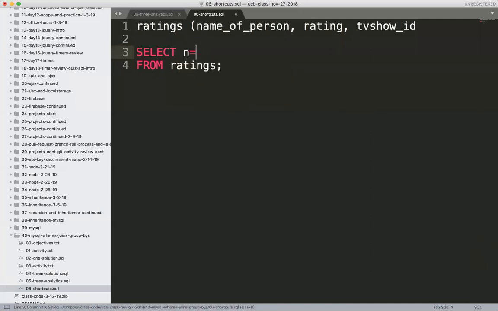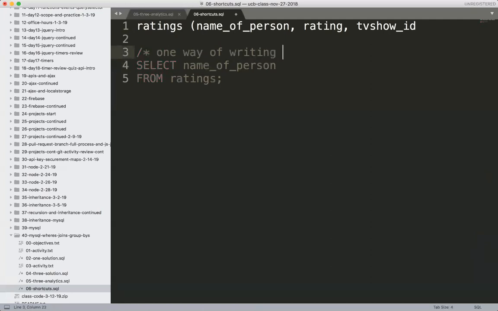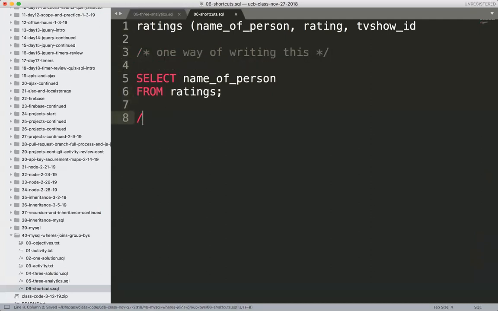So over here, if I did name of column, name of person, what does this do, Kwa? Yeah, it gives a column name of person from the ratings table, right? It gives us the entire column for name of person in the ratings table. So this is one way of writing this. Another way